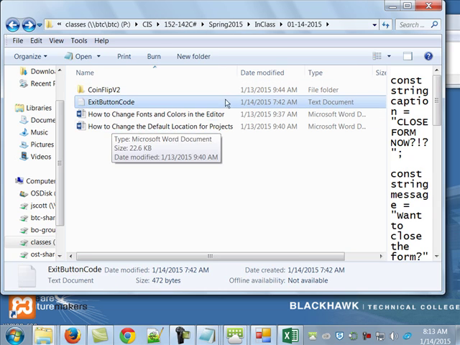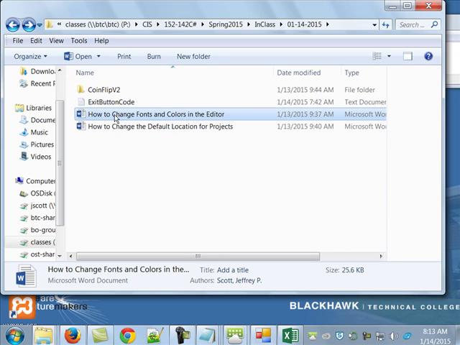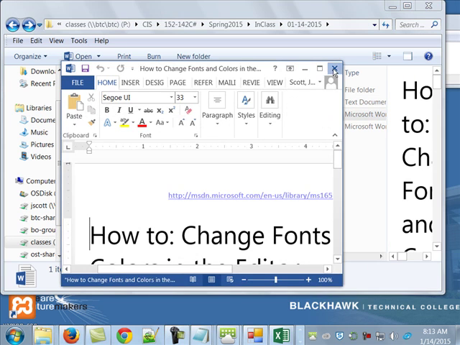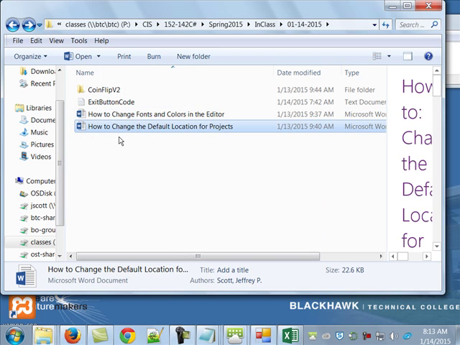Also, there'll be some stuff in here. If you notice, I even saved this: how to change fonts and colors. Whoops, I shouldn't have done that, but that's fine. In the editor, and how to change your default location for projects in the editor. I took those right from